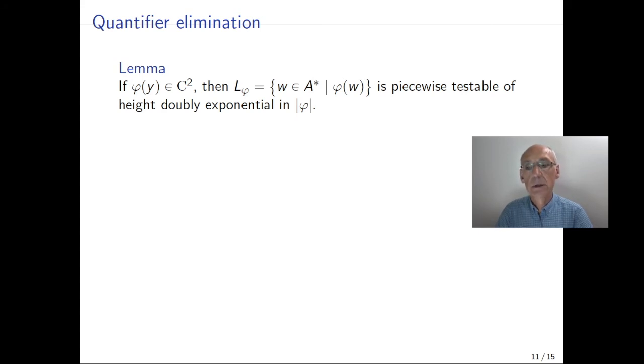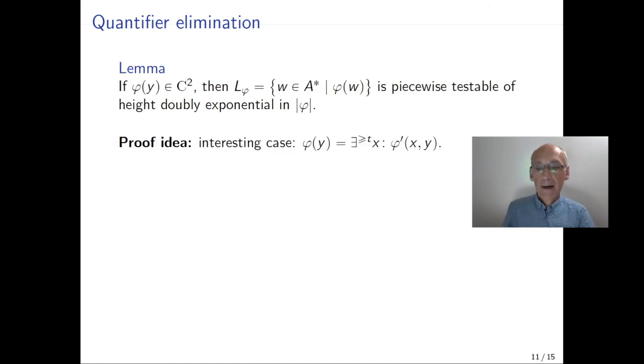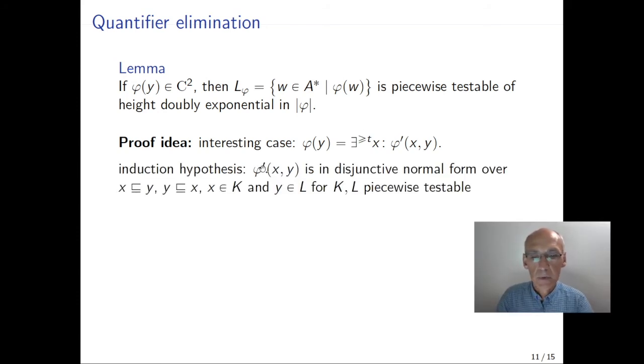Any language defined in C2 is piecewise testable. And here's the proof idea. One proceeds by induction on the construction of the formula phi, and the interesting case is if the formula starts with a threshold quantifier. Then by the induction hypothesis, we can assume that phi dash is a Boolean combination, or even in disjunctive normal form, over the atomic formulas x is a subword of y, or vice versa,